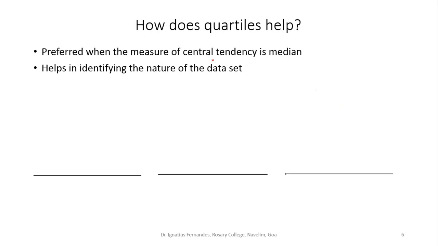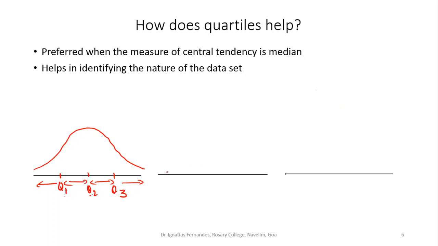Okay, and how it will help in understanding the nature of the curve is, like suppose Q1 is here, Q2 is here, and Q3 is here. In a way, Q1, Q2, Q3 are all at equal distance. The distance from Q1 to Q2 is the same as the distance from Q2 to Q3. So when you have something like this, you know that you are talking about a symmetric curve, something like this, because they are all equidistant from each other. The values are uniformly distributed between Q1, Q2 and Q3.